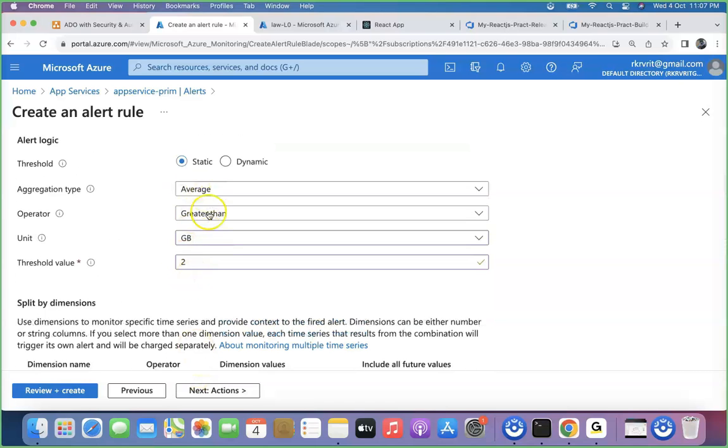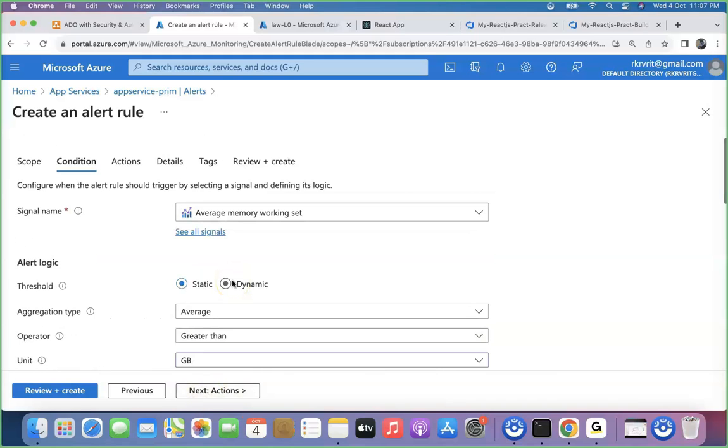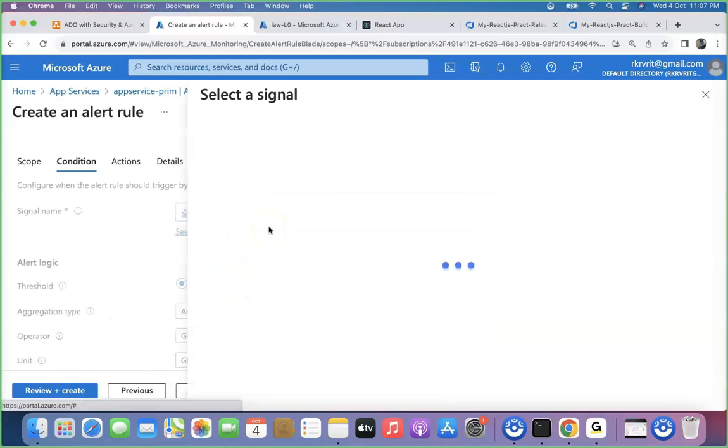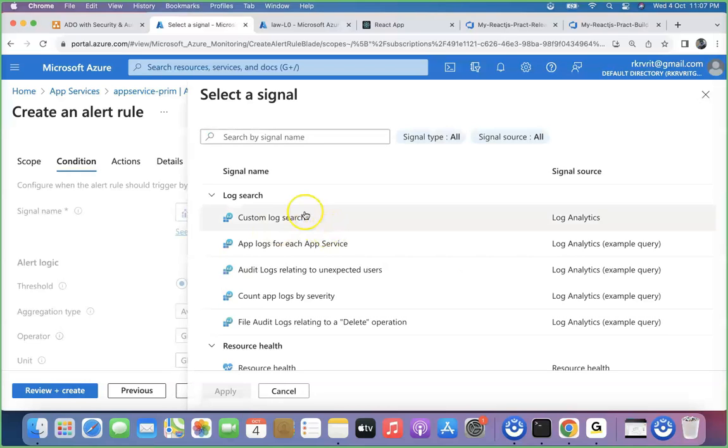So what exactly are the pending parts here? Once you place a condition here, then go for the action, and you just need to configure the action group, followed by create. That's all. Let me do one small thing. Since I don't see corresponding metrics or signals for CPU and memory here,